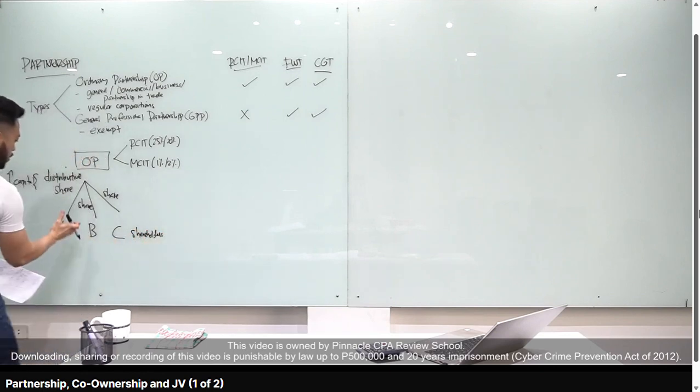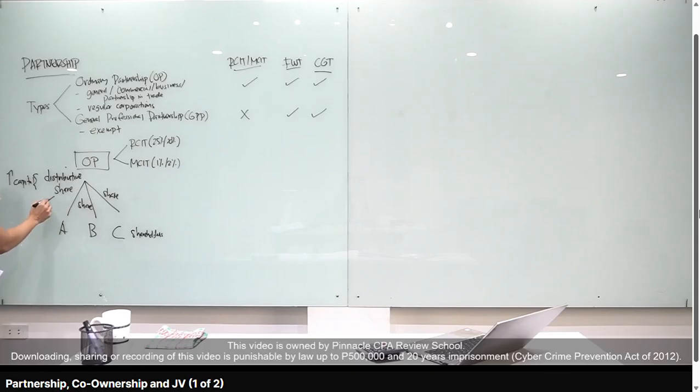Okay? If shareholders sila, ibig sabihin yung share na yung class will be treated as dividends. And we know from our discussion, kapag dividends from a domestic corporation to individuals, generally subject sila sa 10% final withholding tax. Okay? So, di ba? Parang corporation lang. So dito may RSIT, MSIT ka sa partners level o partnerships level. Sa partners level naman, makaka-receive sila ng dividends. Pero yung dividends na yun, subject to 10% final withholding tax.